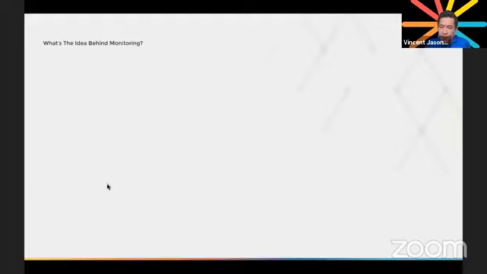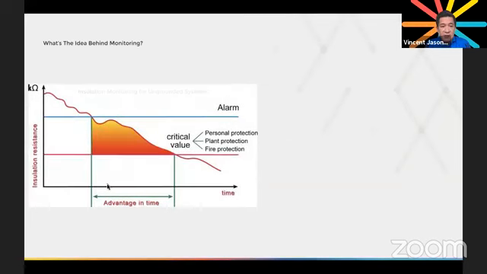So before we go into the measuring principle, what's the idea behind monitoring in the first place? Let's say you have this. This would be insulation monitoring for ungrounded systems. Right out of the box, according to the IEC, insulation monitors should give you a first alarm after it reaches 40 kilo ohms. And the critical fault will be at 10 kilo ohms. So that's the first alarm, and this is the second alarm, which is the critical fault. Now, the difference between your critical value and the first alarm is basically your advantage in time, wherein you can actually schedule maintenance.